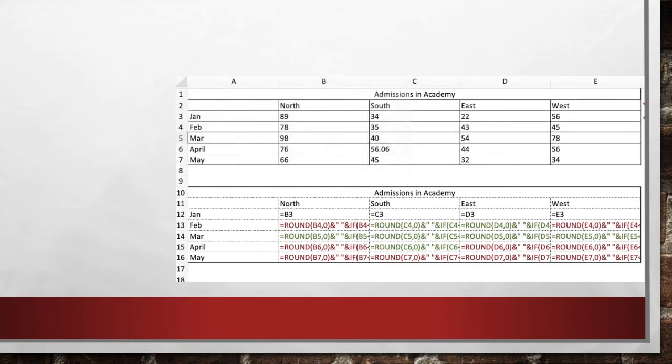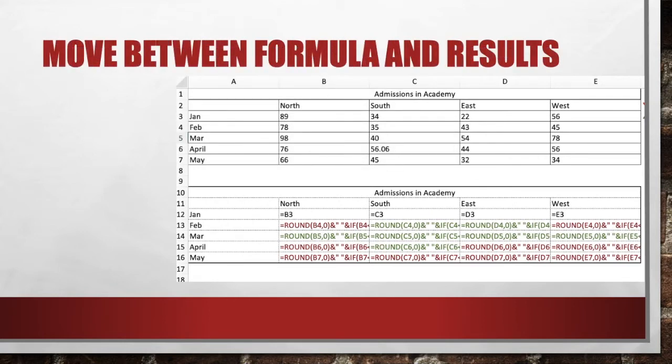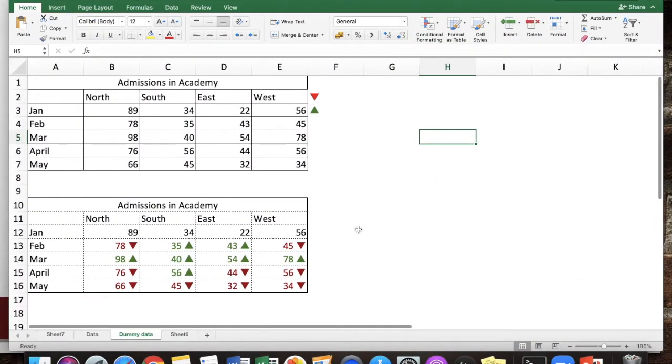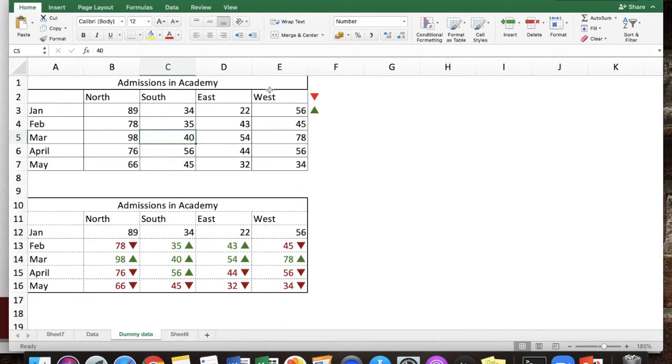Next thing is this. If you get a sheet and you want to see the formulas and hard coded values, how will you do it? This is the data here. Now, this is a short data, but you can have a very huge data, multiple sheets. Someone has given you the file and you want to see which are hard coded and which are formula based. So going to every cell and checking the formula bar and seeing the formula, it's tedious work.